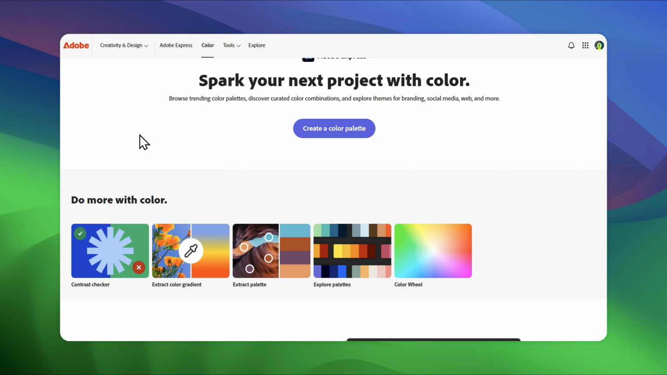Number 2 is Adobe Color, and this one is powerful in ways Coolors is not. Adobe Color lets you extract a color palette from any image you upload. Upload a photo or artwork and it pulls out the dominant colors and turns them into a palette. It has color rules built in like complementary, analogous, triadic, so you can understand why colors work together and which